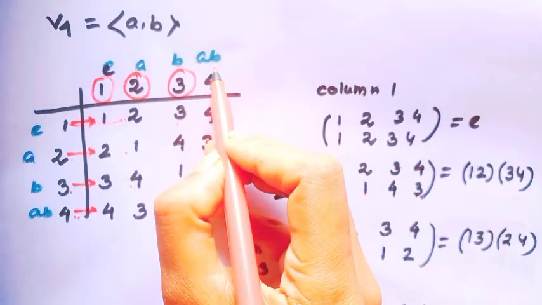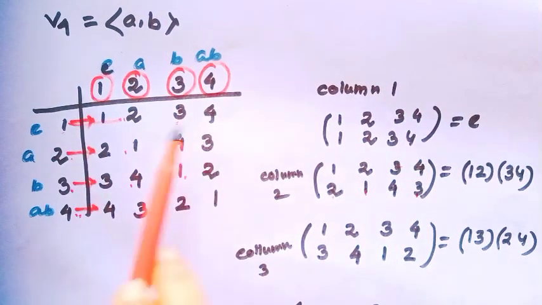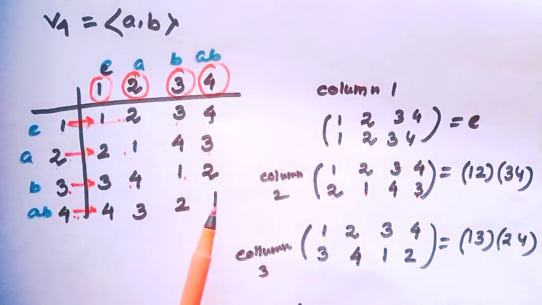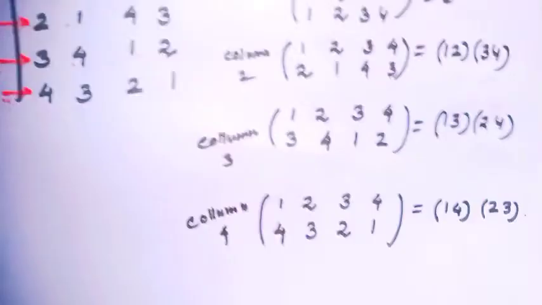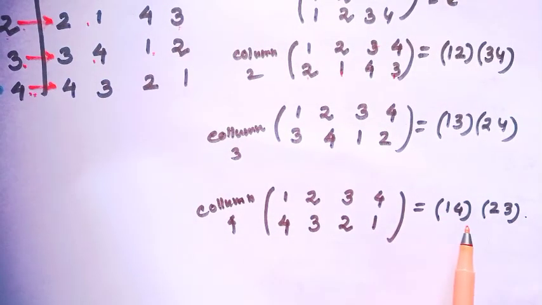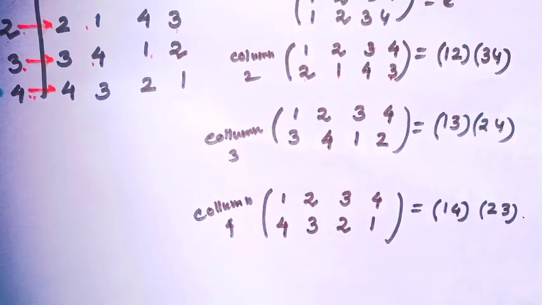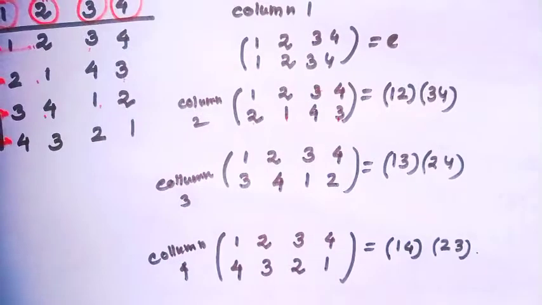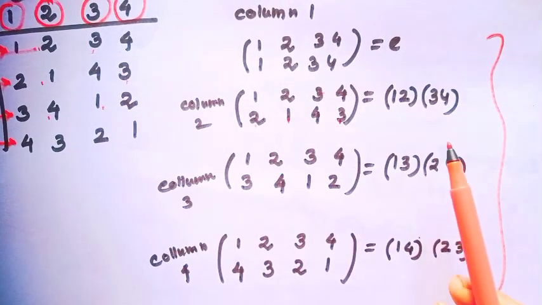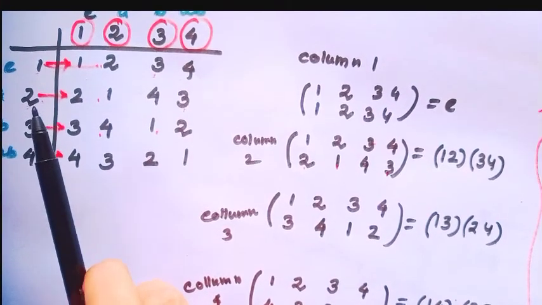And fourth is the element 4. Here 1 maps to 4, 2 maps to 3, 3 maps to 2 and 4 maps to 1. Just look. And this is equal to cycle (1, 4) times cycle (2, 3). And this is all permutation: identity and 2 cycles. Therefore, our original group